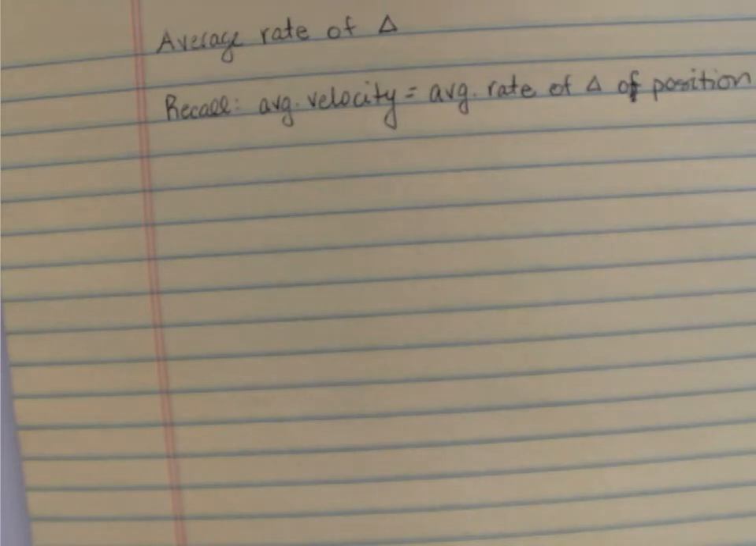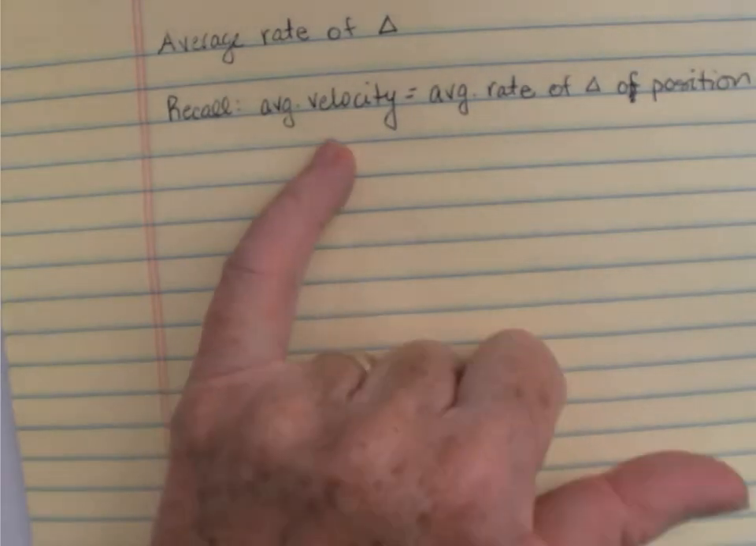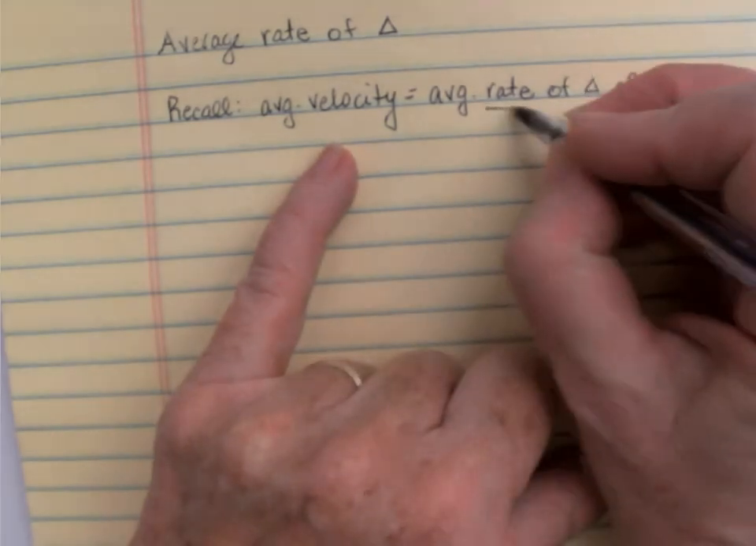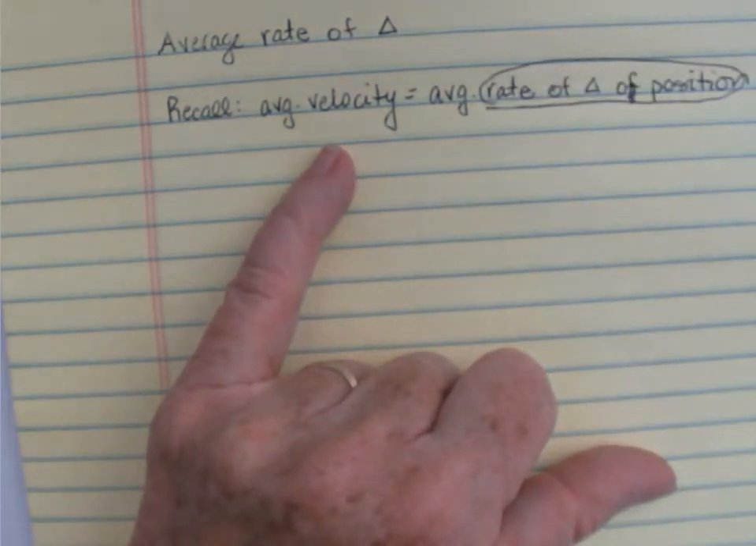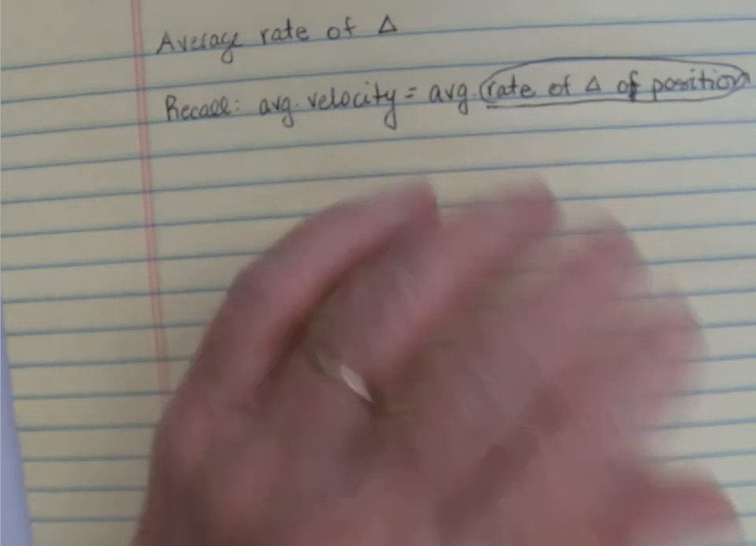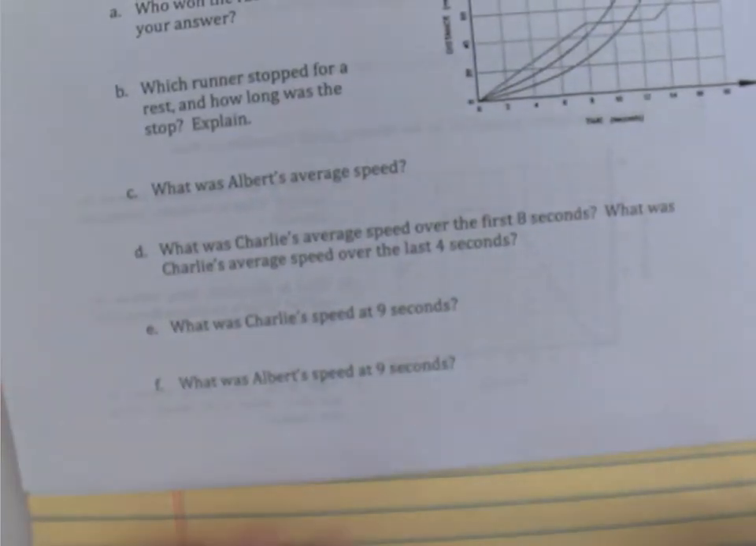This is a really quick video about average rate of change. In class, we talked about average velocity, and velocity, in fact, is the rate of change of position. So when we talk about average velocity, it is an average rate of change. And as a little introduction, we had talked about